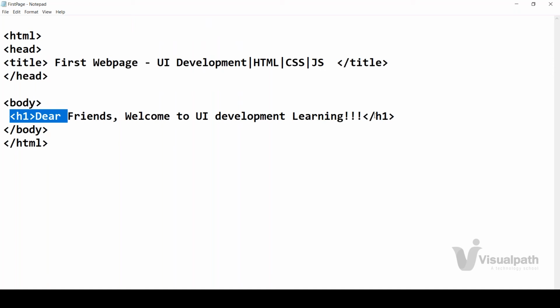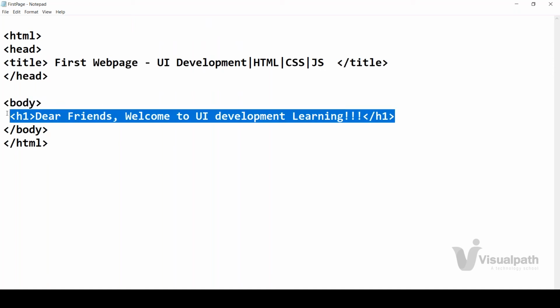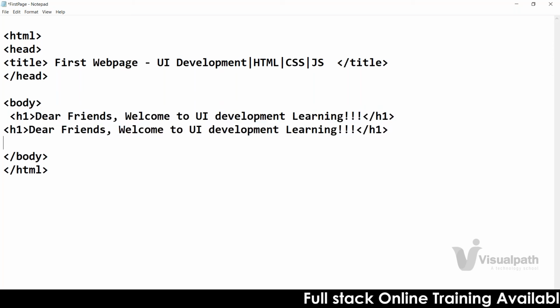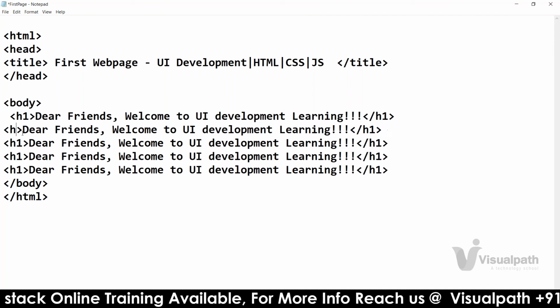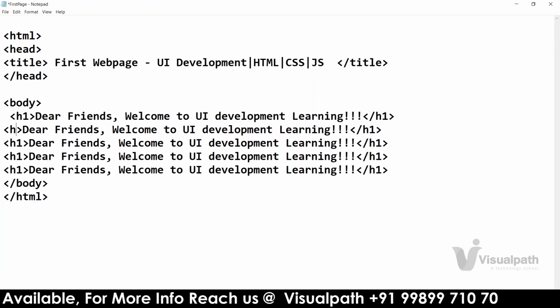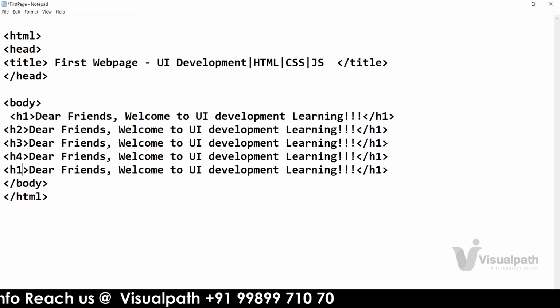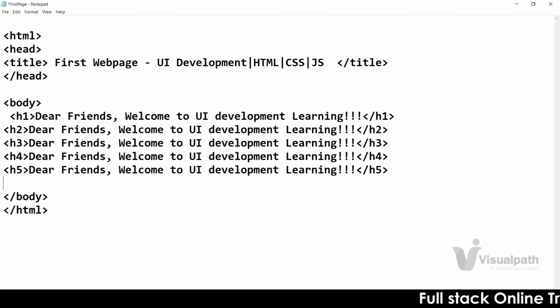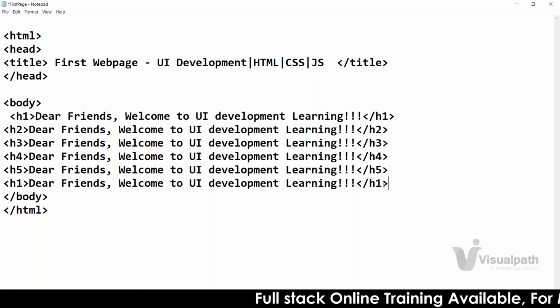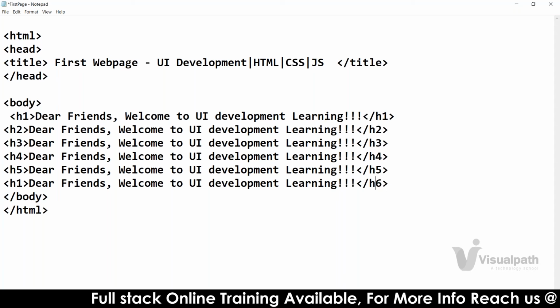The same way here, I can have different headings as well. So here H1, H6 also I can add.